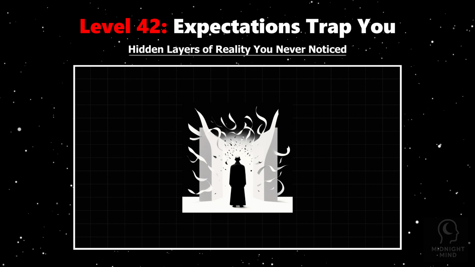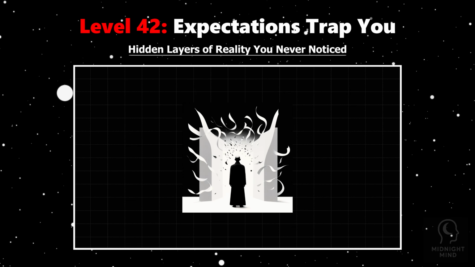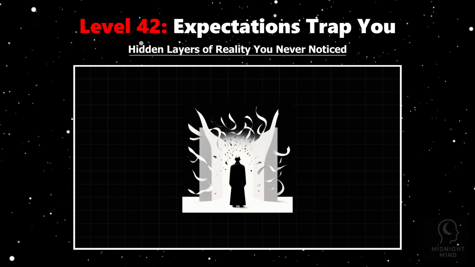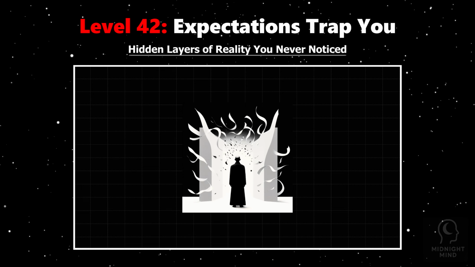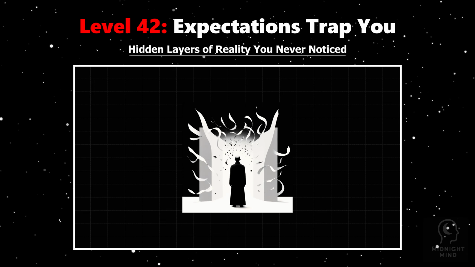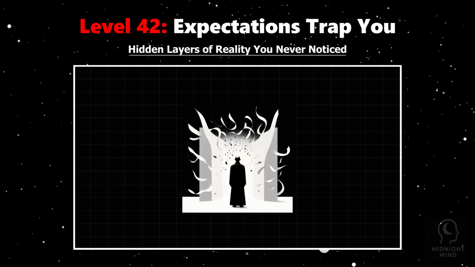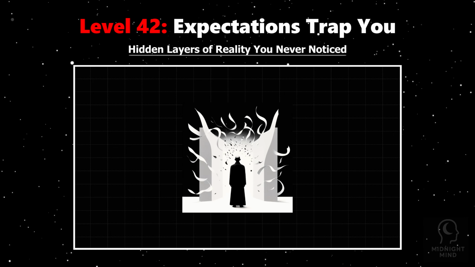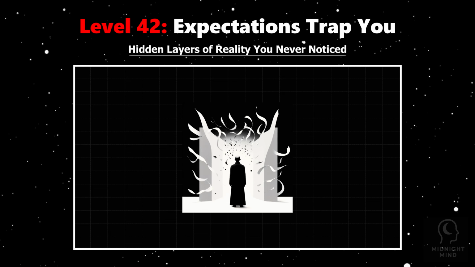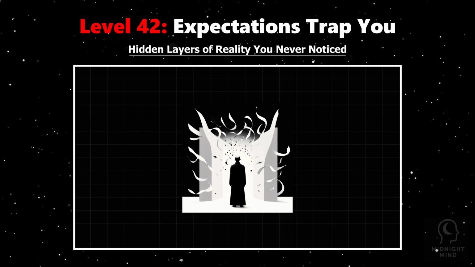Studies show that people often modify speech, body language, and choices to conform, even without explicit instructions. This dynamic maintains social harmony but can trap individuality. The looking glass self theory explains how our self-identity is shaped by how we believe others perceive us. Over time, these internalized expectations become scripts that govern behavior, often overriding authentic desires.